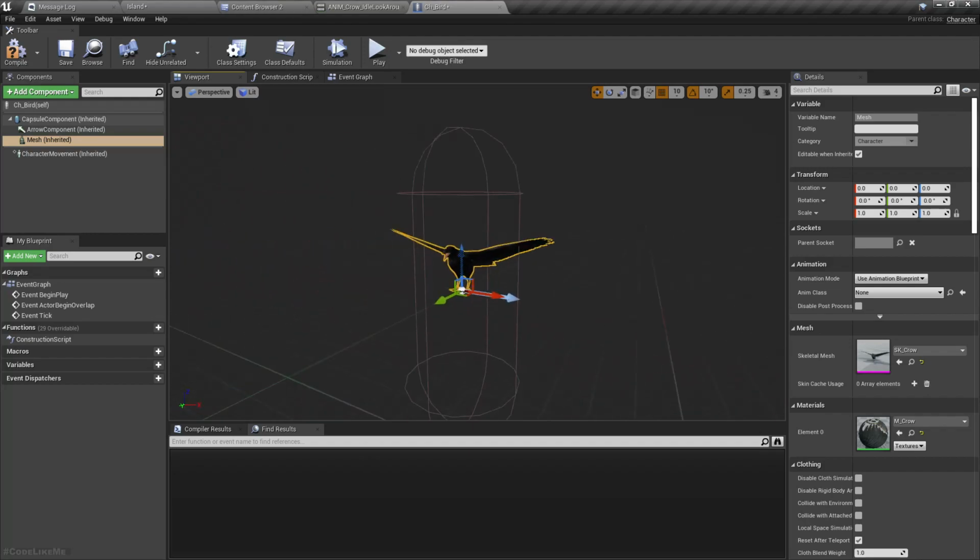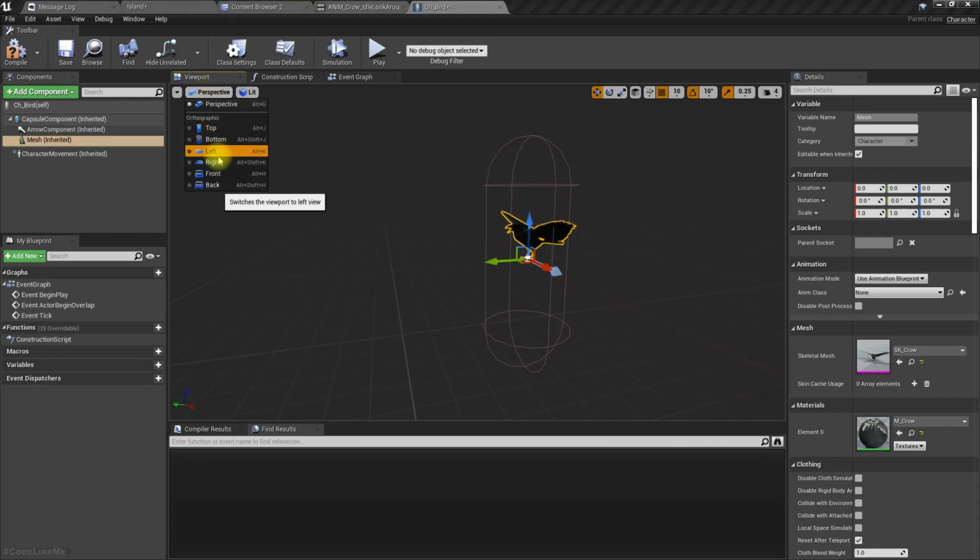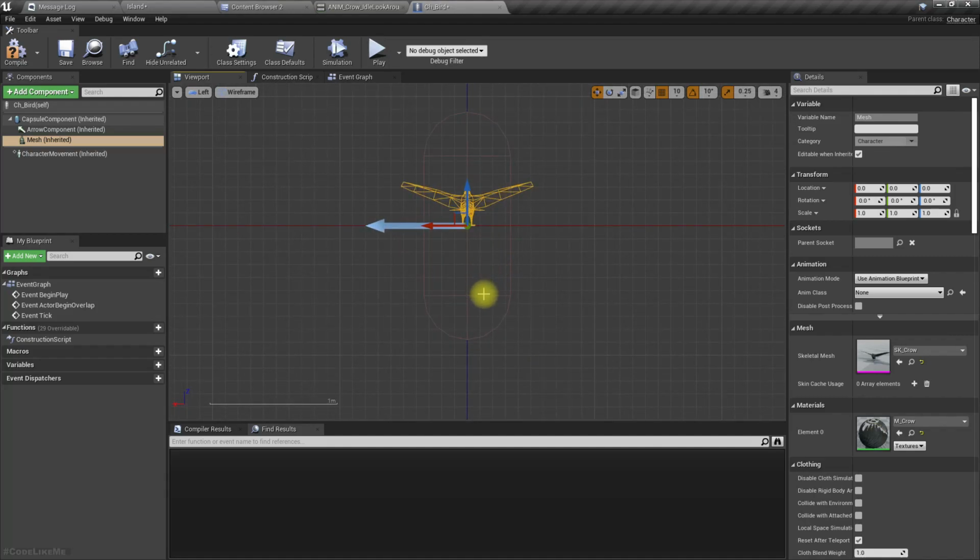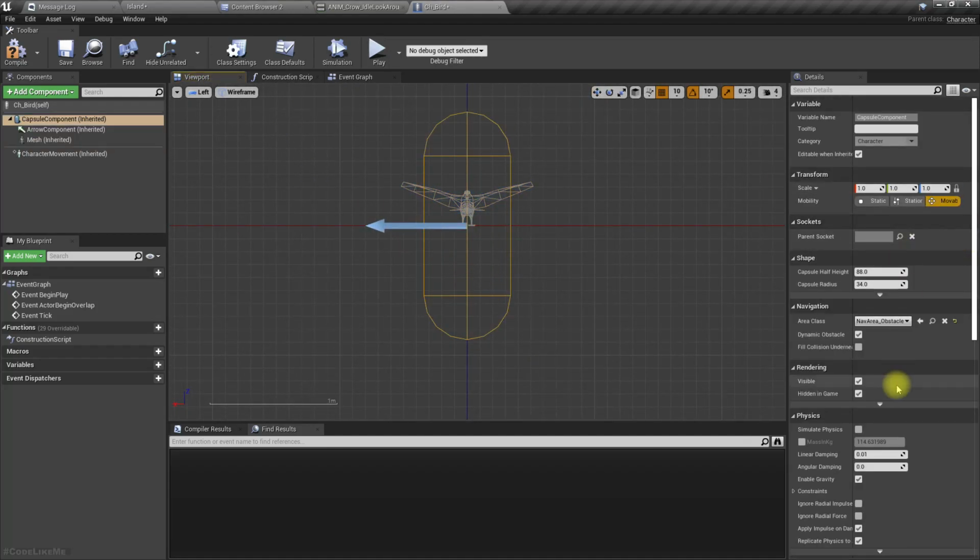So for the crow, this capsule is too large. Let's go to this viewpoint and let's decrease the capsule half height to 20 and the radius to 30.